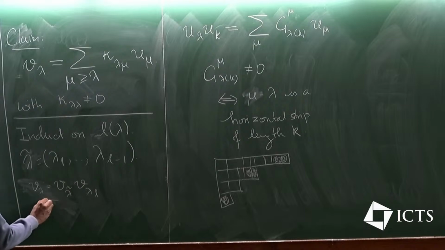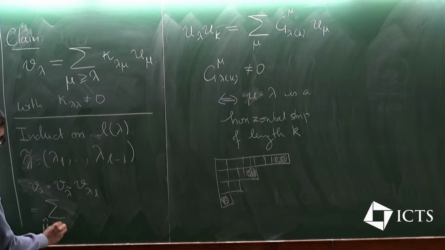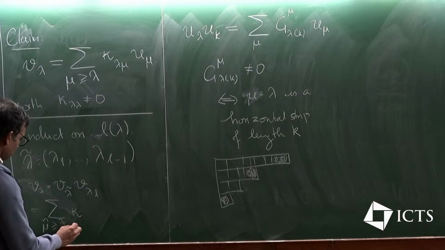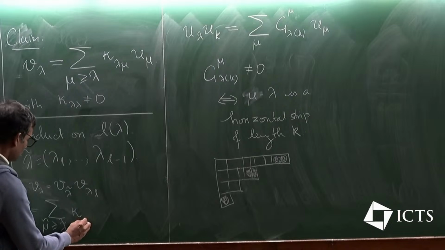Well, that's just a sum over mu tilde greater than or equal to lambda tilde in the dominance order. And then we have some coefficients, kappa. I forget which way it goes, but anyway, kappa lambda tilde mu tilde, I think,